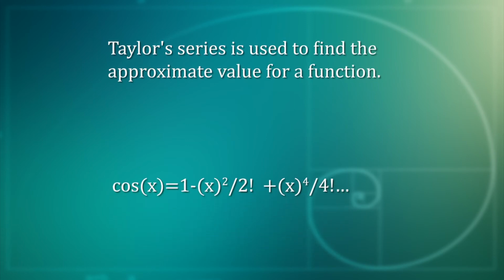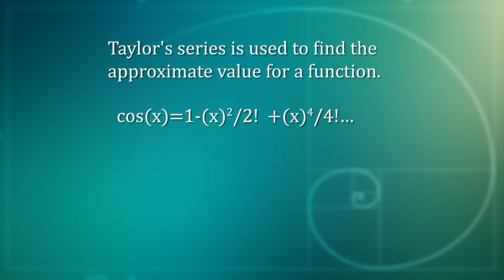Taylor series is used to find the approximate value for a function. The more terms you use in this series, the closer you get to the actual value. Let us understand it better with the help of a graphical representation of the above example that we just solved. We can start by adding terms each time and trying to find the graph of the polynomial. Then we will see how near the graph of the polynomial will be with respect to the original function.